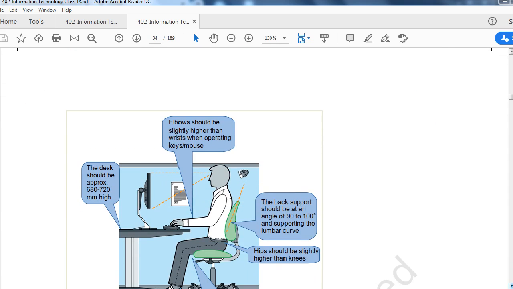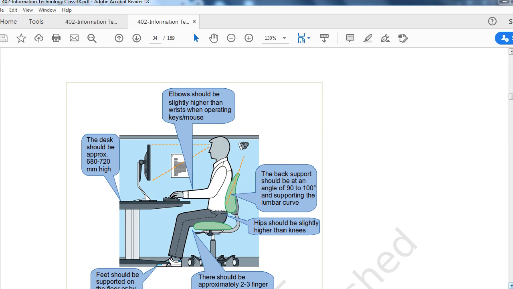The desk should be approximately 680 to 720 mm high. Elbows should be slightly higher than wrists when operating keys and mouse. The back support should be at an angle of 90 to 100 degrees and supporting the lumbar curve. Hip should be slightly higher than knees. All this, posture is very important.